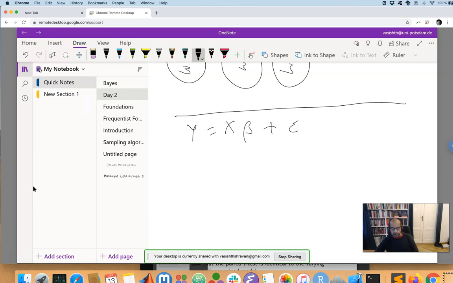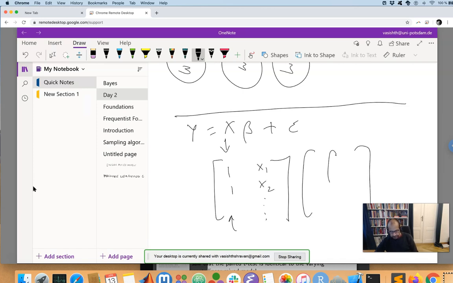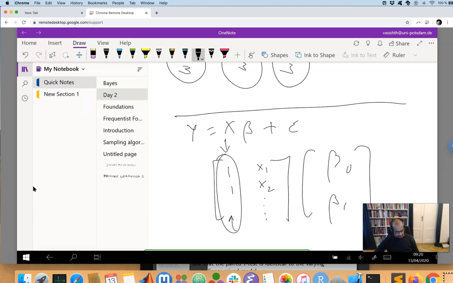And so if my underlying model has 2 parameters, beta 0 and beta 1, what's going to happen is that this design matrix will have the following property. The first column will always have 1s in them, and the second column will have the x values. And that's how we end up, if you remember when I unpacked the matrix formulation, with the intercept and then the slope in the linear models. So this first column is always going to be 1s,